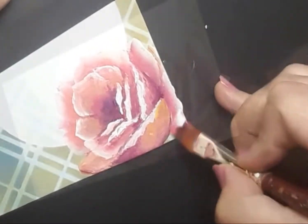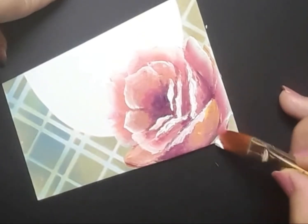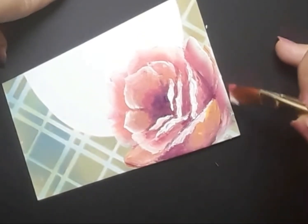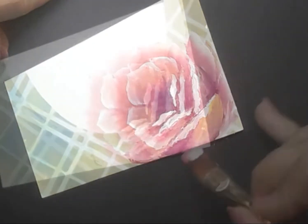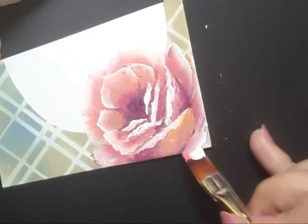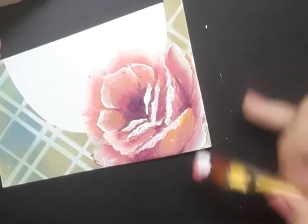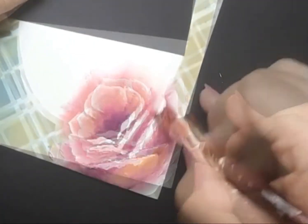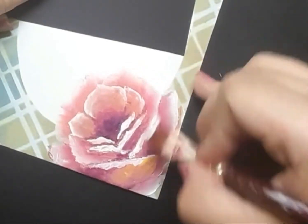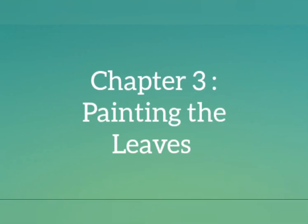You might be thinking I keep fussing over the petals, moving from one to the other. And yes, I keep doing that until I'm satisfied. And also, I need to see the proportion of the petals with respect to the whole image, and that is quite an effort. Once happy with the vintage rose, I move on to chapter number 3, that is painting the